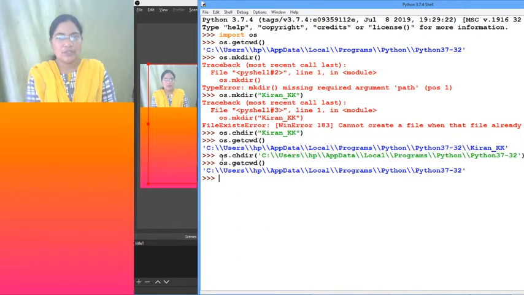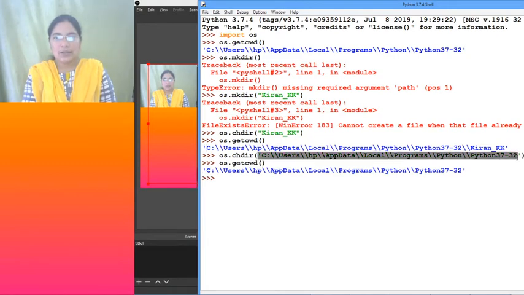You can see that we have gone to the parent, right? If you specify any absolute path, that is from the C drive or D drive or E drive, from the root till wherever, and you give the entire path, it will take exactly that directory and we can go to that folder.